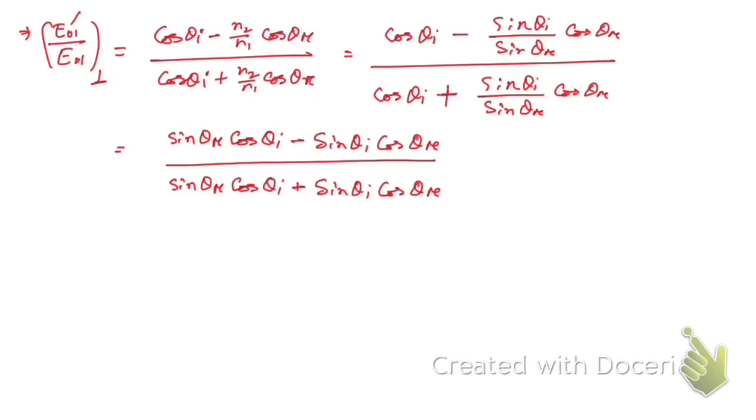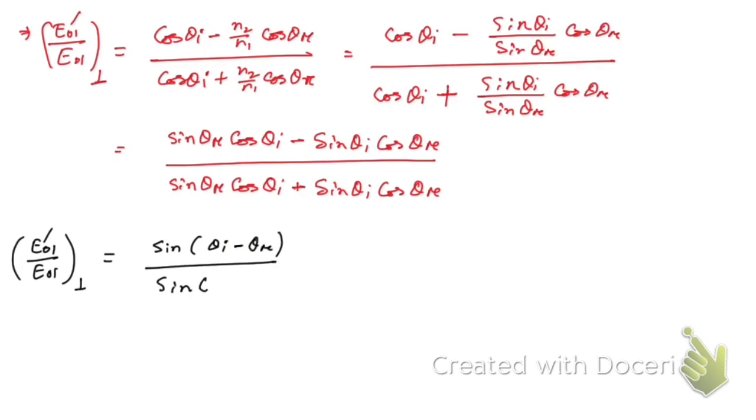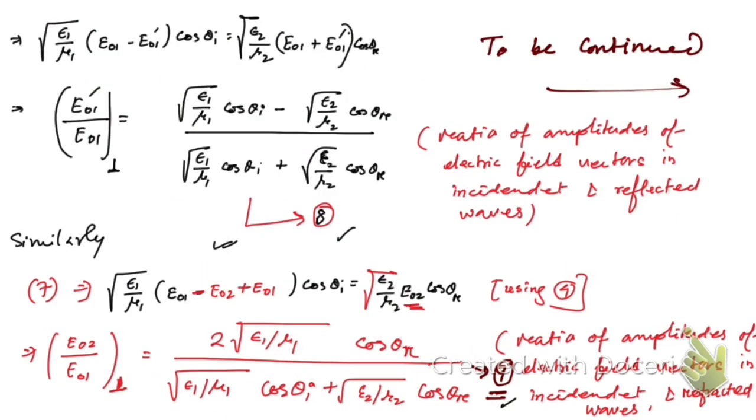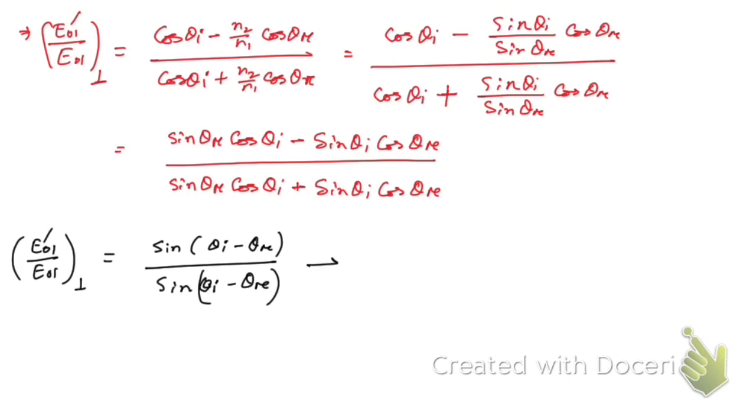So here you can use sine a cos b minus cos a sine b, that is sine a minus b, right? Similarly here we can apply sine a plus b. So that's why we have got E naught 1 dash by E naught equal to sine theta r minus theta I in the numerator, and sine theta I plus theta r in the denominator. That's what we have got. Okay, the last equation number we had was equation number 9, so this is equation number 10. Now you see,